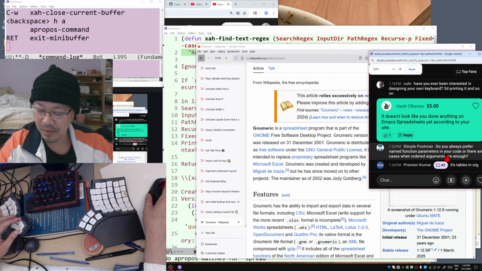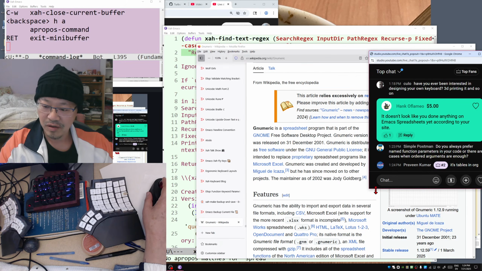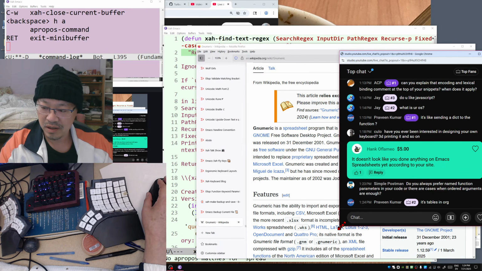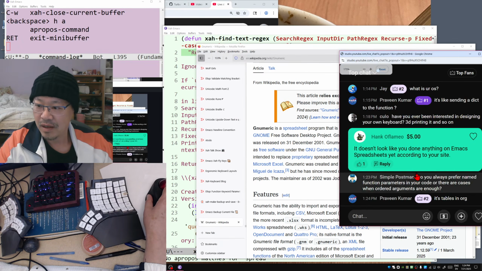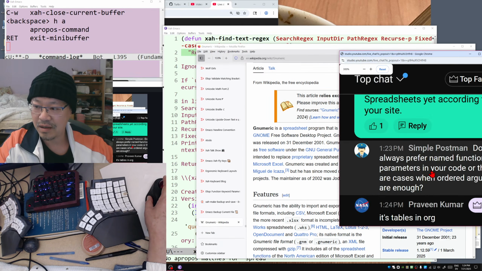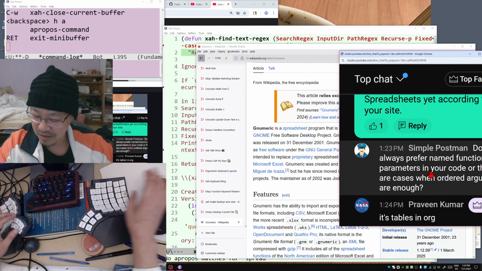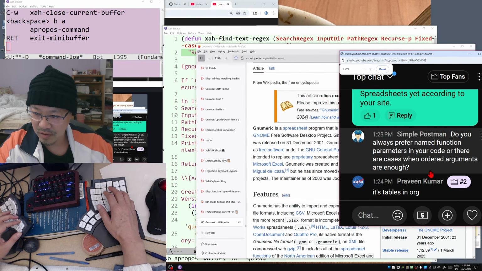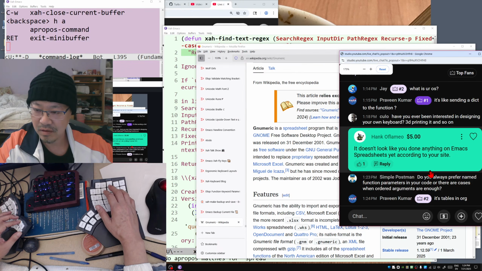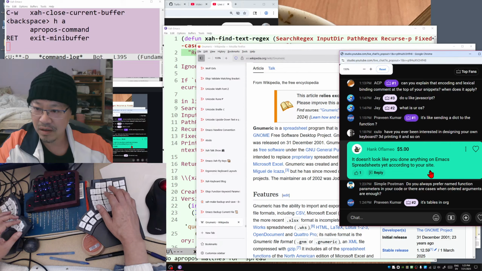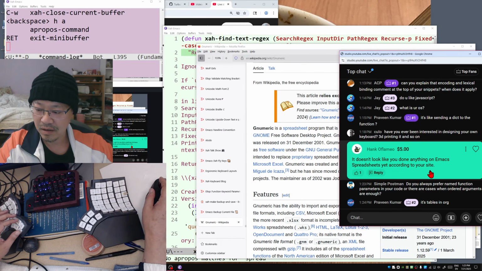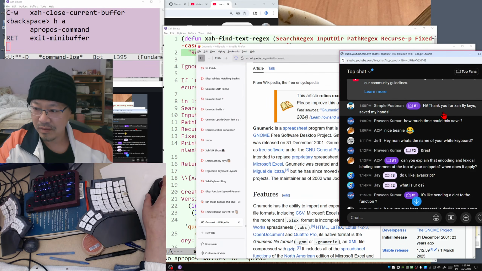Okay, so the tables in org mode can function as a spreadsheet, I guess. Okay, let's see the comments and we're gonna dive into control minus sign. Okay, so now,